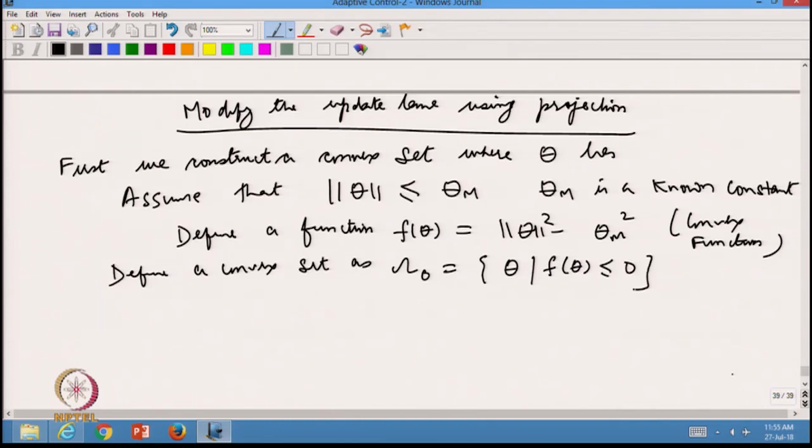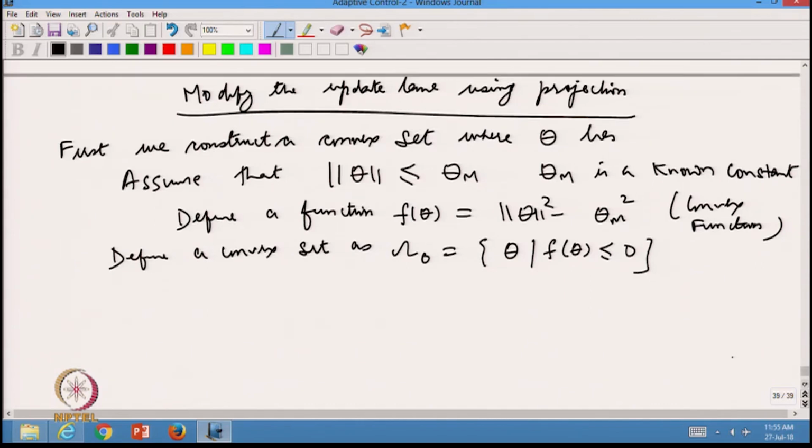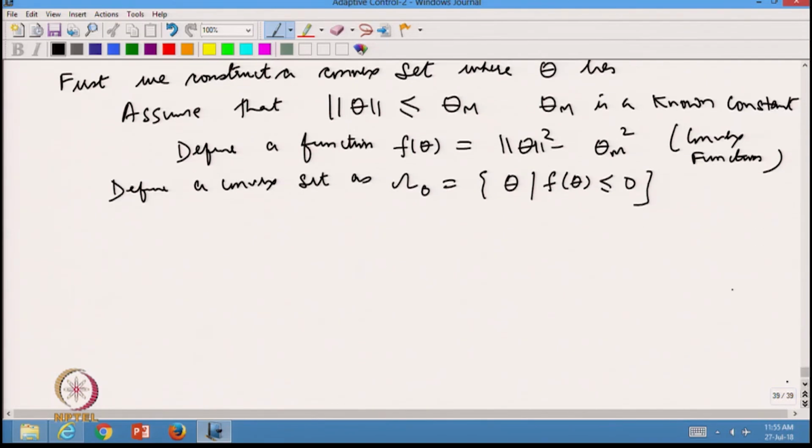Okay, so this is the convex set where delta is equal to 0. We use the modified update law now. So theta hat dot is equal to, we represent it as proj. This is the projection operator which projects theta hat to be within this convex set. We write it as proj of theta hat comma y, which is given as,